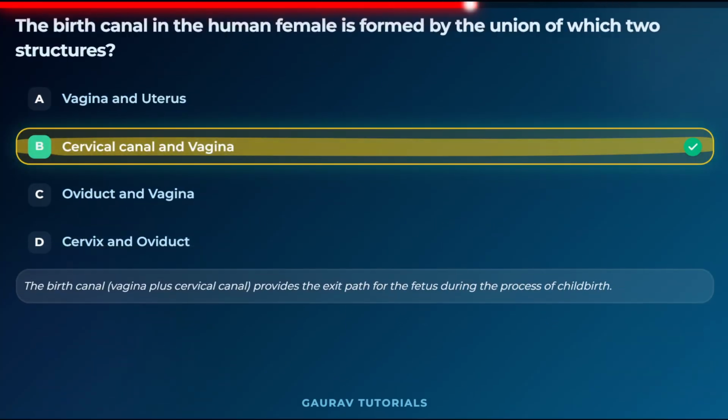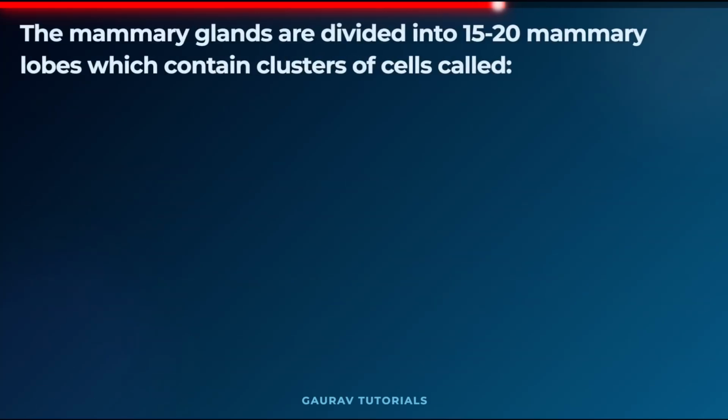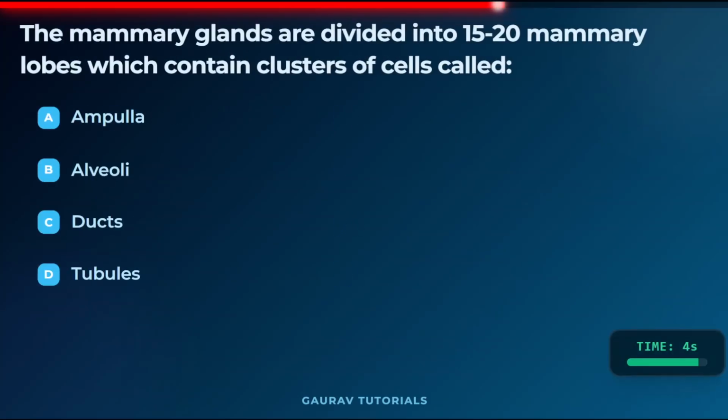And the correct answer is option B, cervical canal and vagina. The birth canal, which is vagina, along with the cervical canal, provides the exit path for the fetus during the process of childbirth. The next question is: the mammary glands are divided into 15 to 20 mammary lobes, which contain clusters of cells called as. The options are: